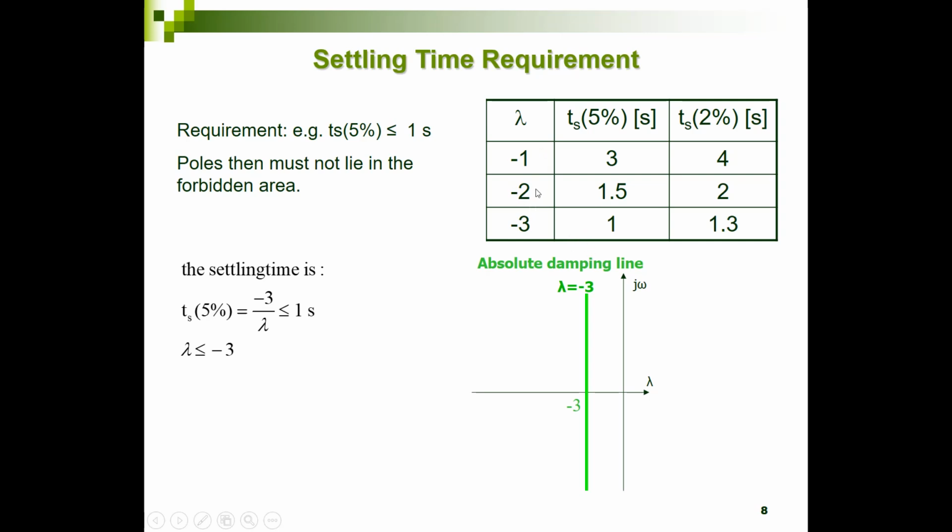For instance, when lambda is -2, the settling time increases to 1.5 seconds, and when lambda is -1, the 5% settling time increases even to 3 seconds. And of course, when the poles are over here, we have an unstable system. So the poles may not be to the right of this vertical line when meeting this settling time